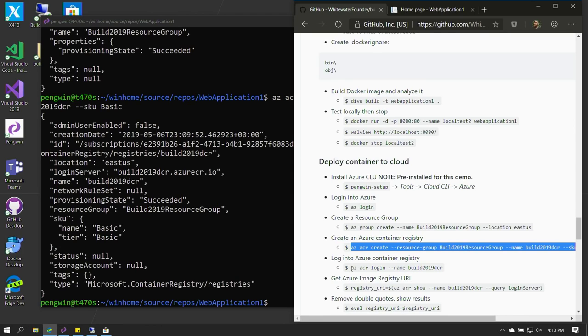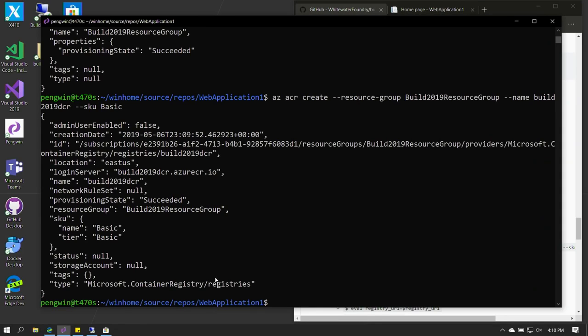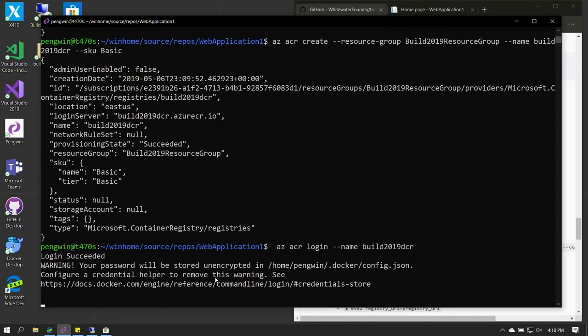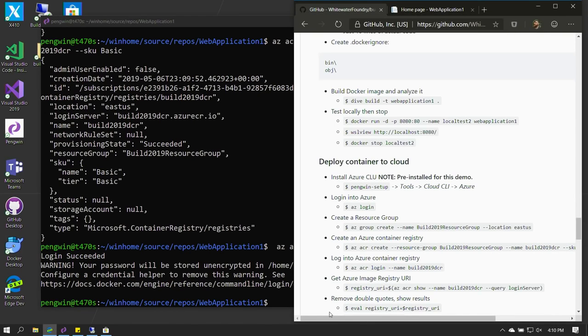Now you can see it's created. It successfully created the container registry. So we are going to log into this Azure container registry. Yeah, login succeeded. So now we need to retrieve the image URI and